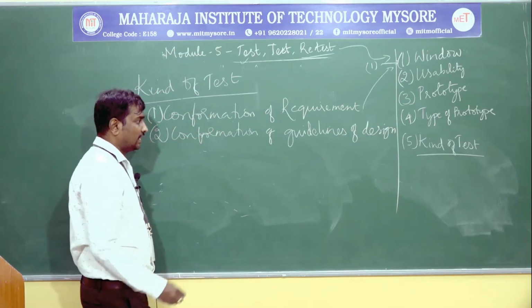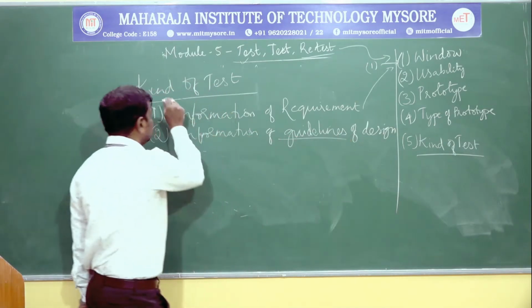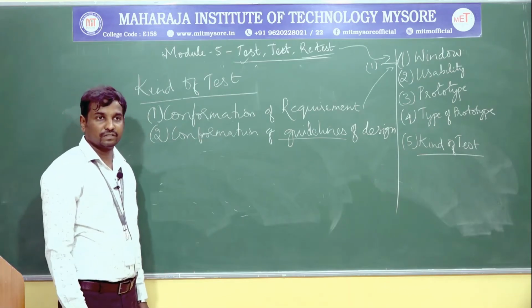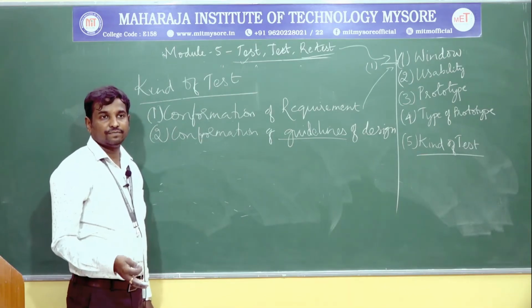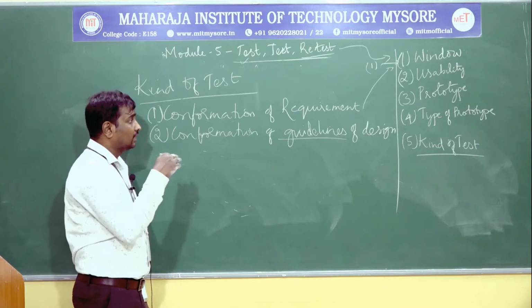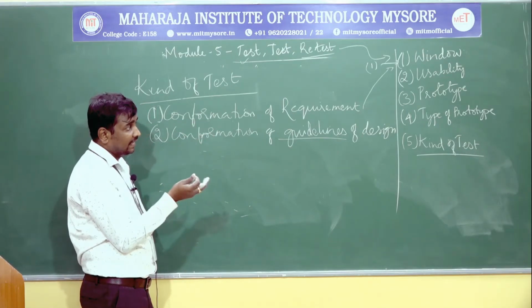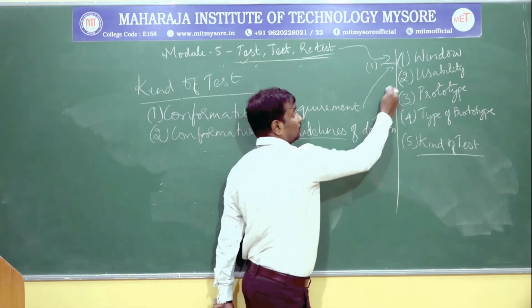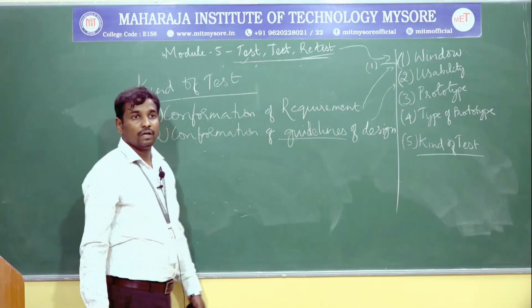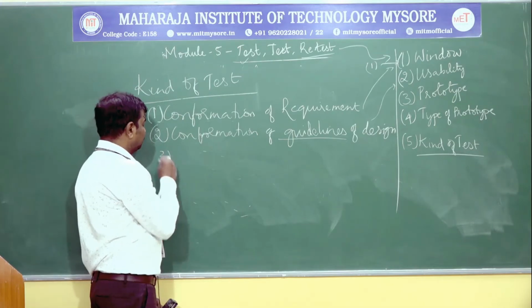So identifying the guidelines is the second type of test we have done. After identifying the requirements, by identifying the Windows designs and guidelines with respect to the users,